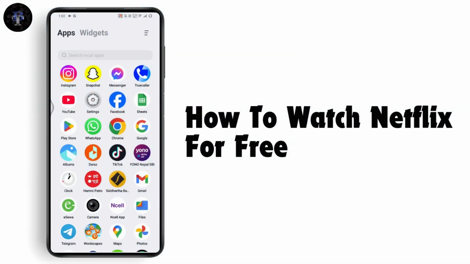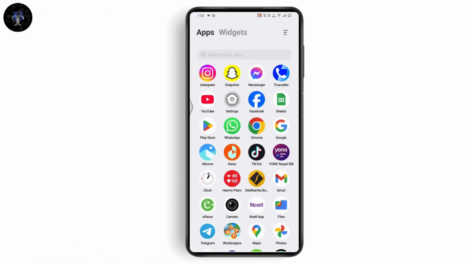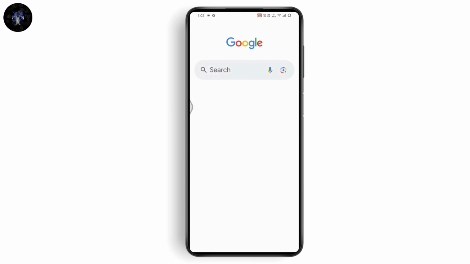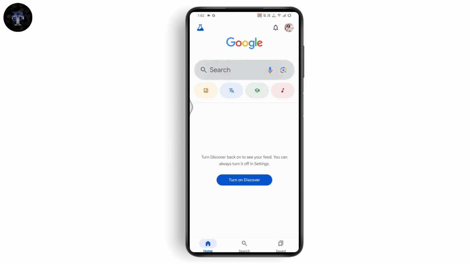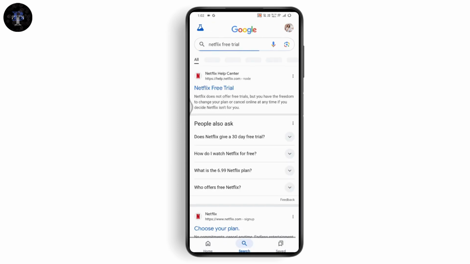How to watch Netflix for free. So if you want to watch Netflix for free, then first open up your Google or your browser, anything that you're comfortable with. Go with search, and under search you need to search for Netflix free trial and tap on